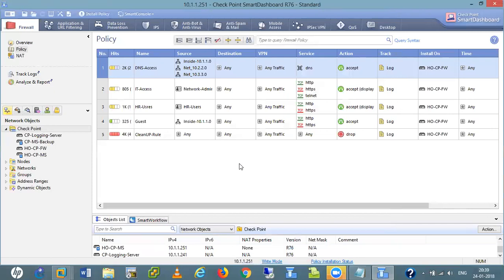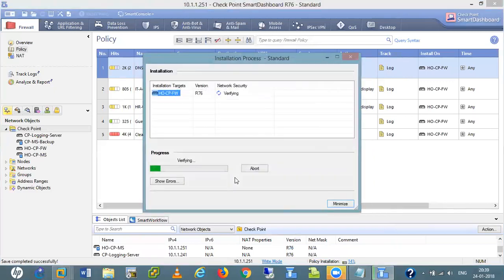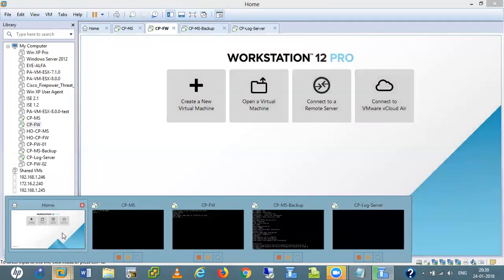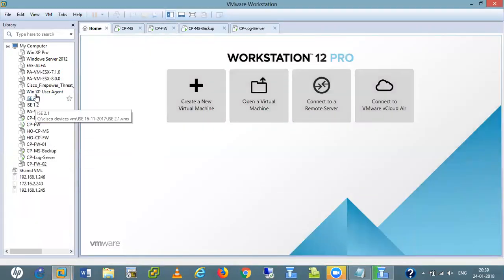Done. Now let me install the policy here. Let's wait for the completion. Also, let me start my client, which is Windows XP.